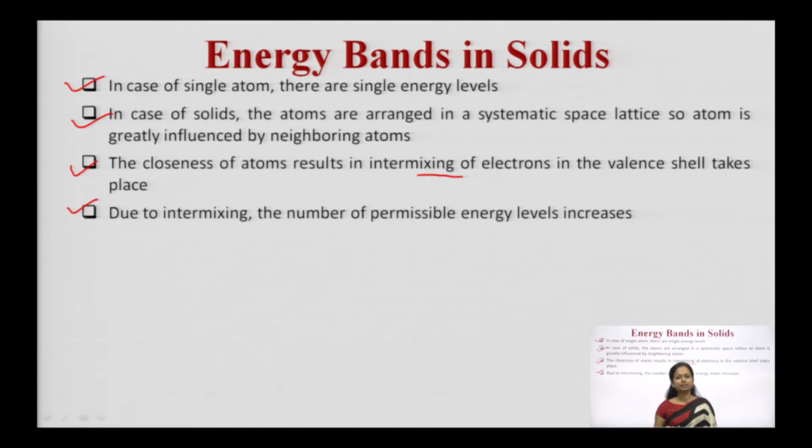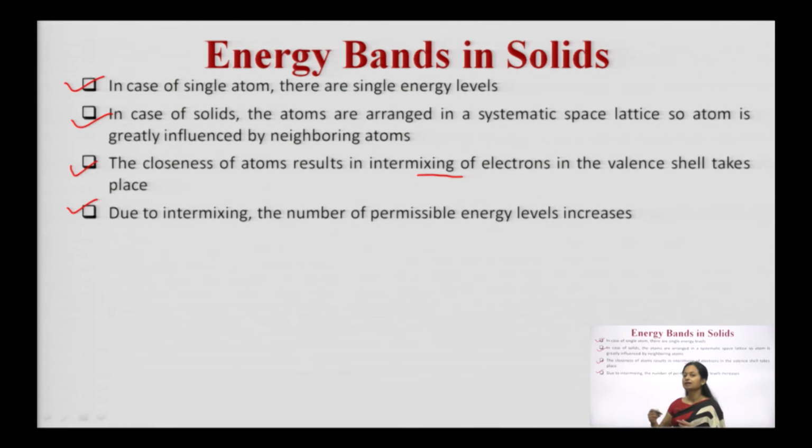But how does this actually happen? You can plot the discrete energy levels. If I ask you to plot the discrete energy levels for the silicon atom, you can draw it very well. You know how many electrons are there. Corresponding to the electrons, you will draw the electron arrangement. What is the first energy level, second and third.